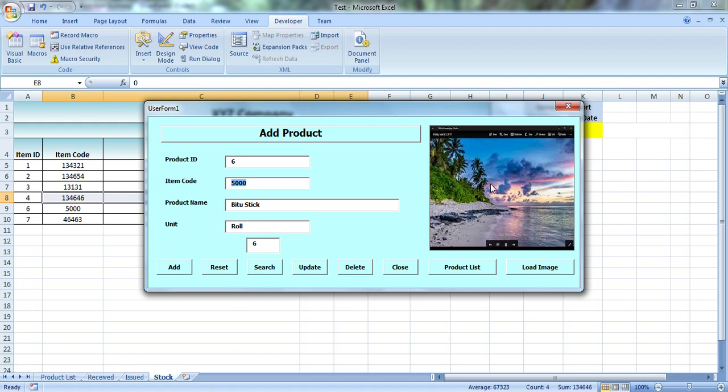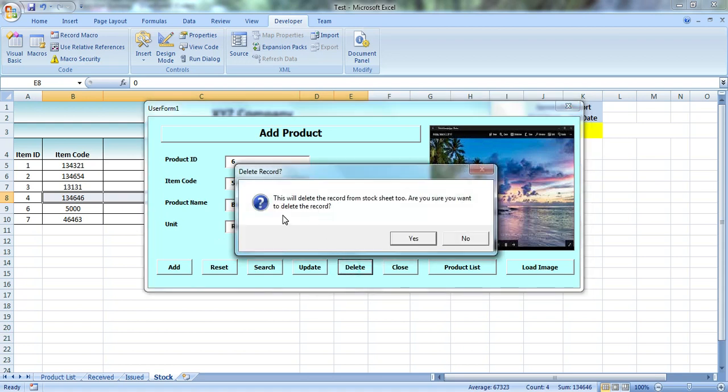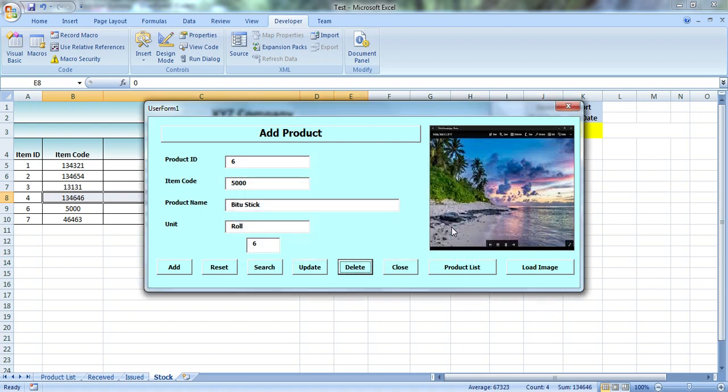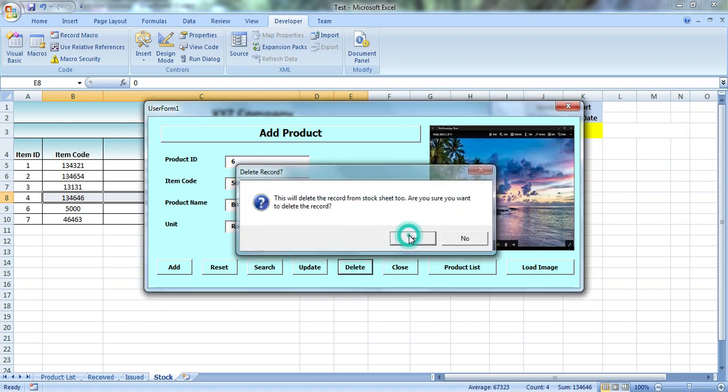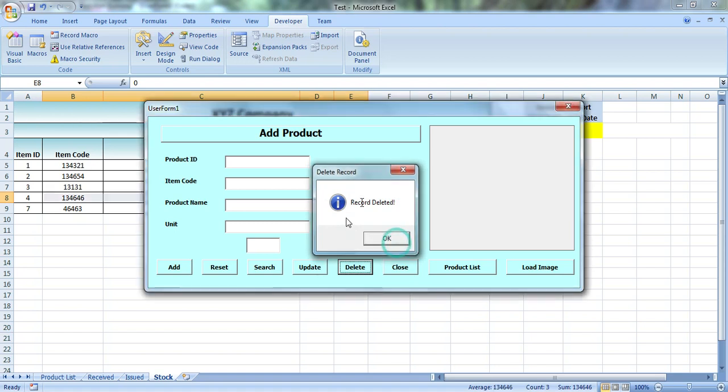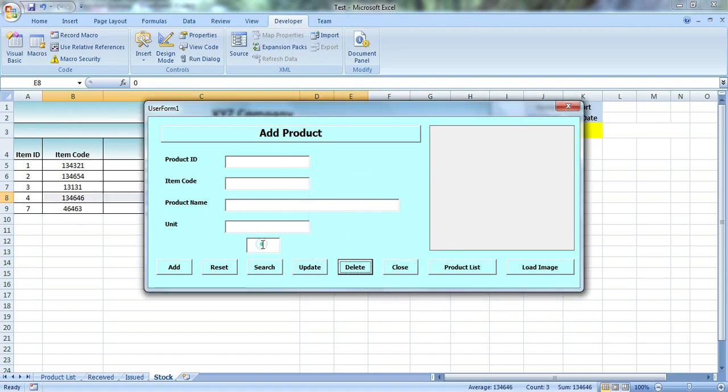If you want to delete this record, I will click this button. It will give you the validation asking if you really want to delete the record. If I click no, it will stop here. But if I click yes, this will delete the record. Now you can see everything is gone, and when I search it, I will not find it.